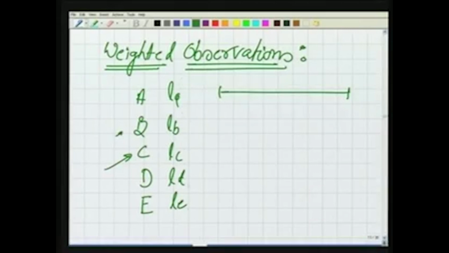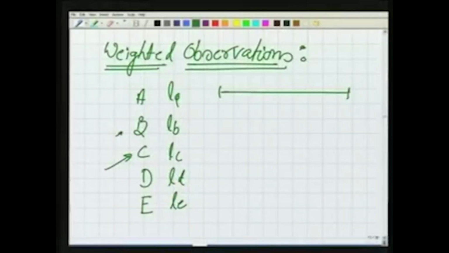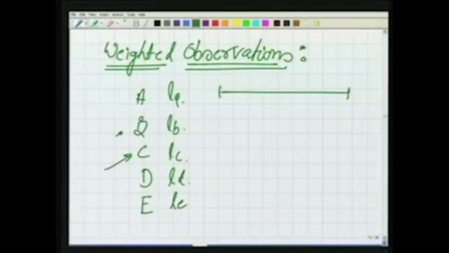So all these observations will have to be different, because the amount of random error or systematic error in these observations is different. Even if you eliminate your systematic error, these observations will still be different, because the amount of random error in these observations will be different. Well, so you have got 5 sets of observations, 5 measurements of this length.